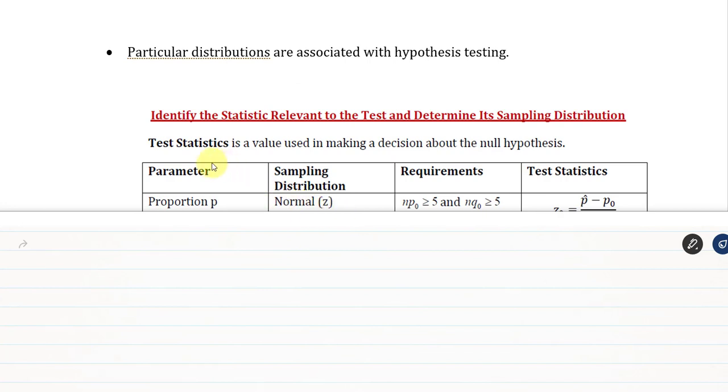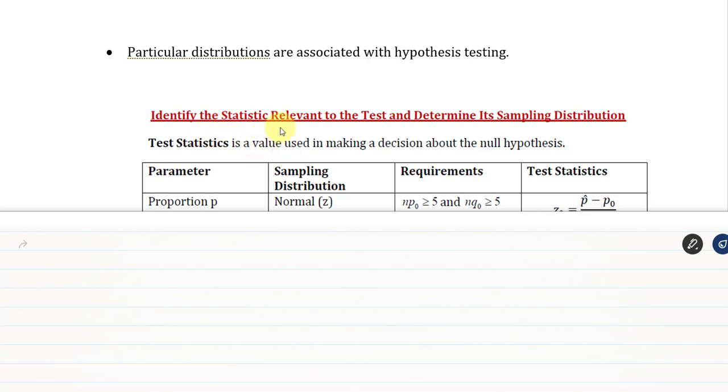And recall that the test statistic is the value that we use to make a decision about the null hypothesis. It is a measurement of how close the sample has come to the null hypothesis. Each observed value changes randomly from one random sample to another. And this test statistic contains the information about the data that is relevant for deciding whether to reject the